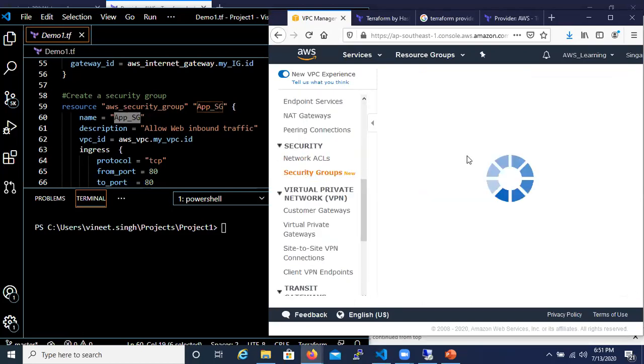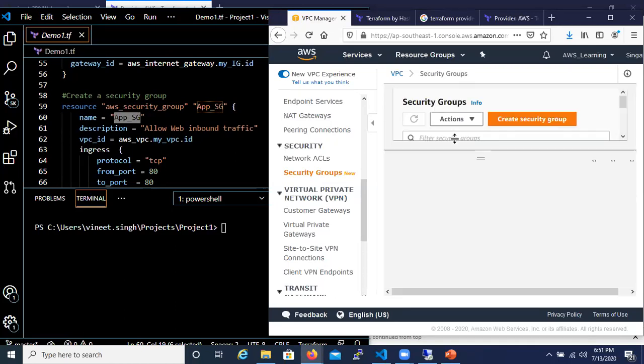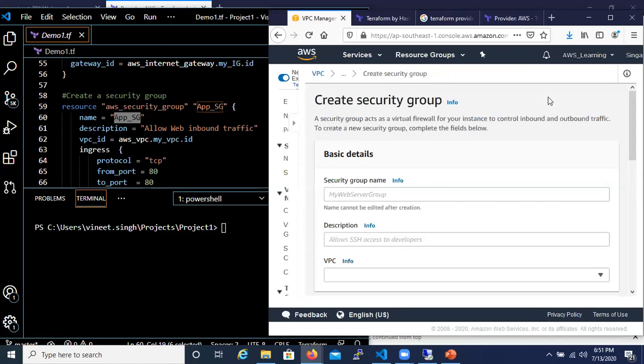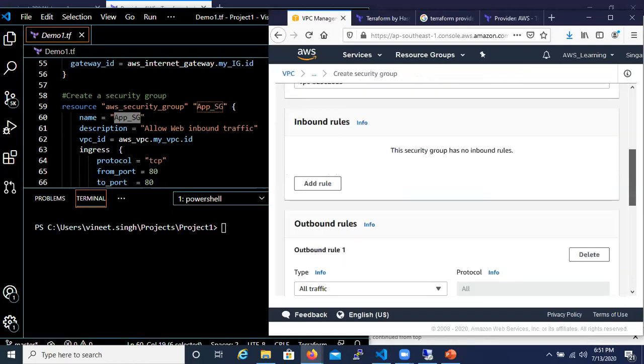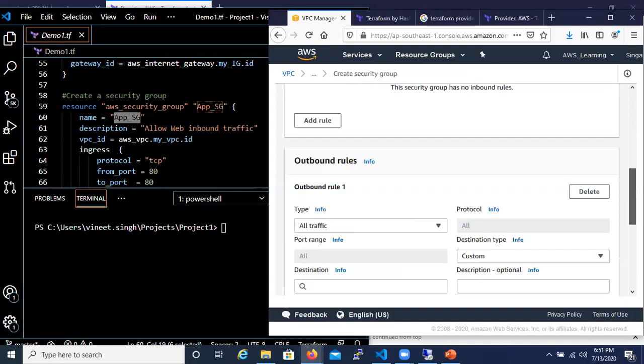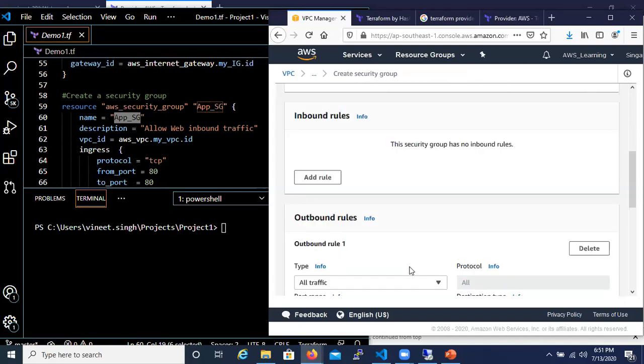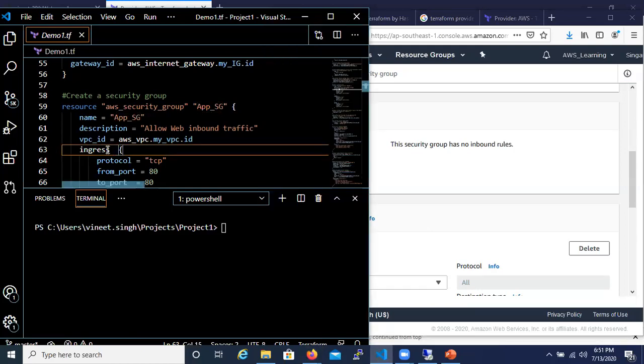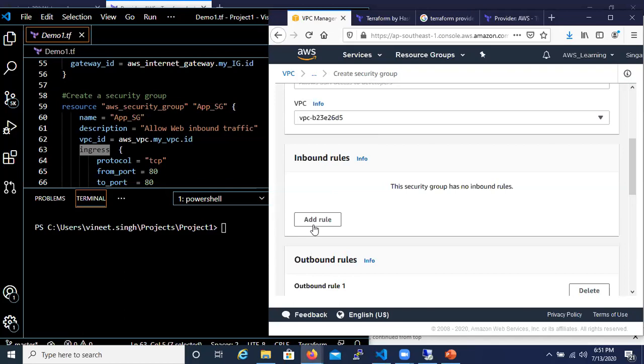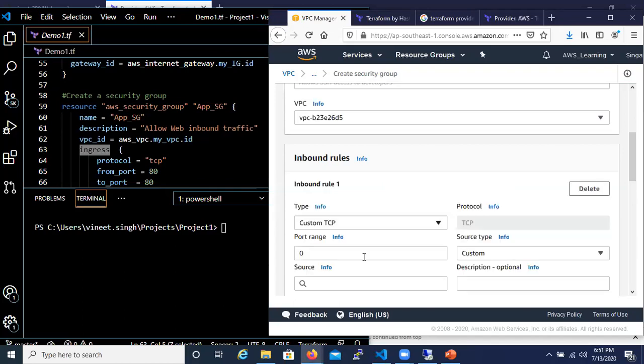Whenever you create a security group, let's say for example, in here, we click on security group, create a security group. We have to choose a VPC, and we also have to define our inbound rules and outbound rules. Inbound is defined by ingress. Ingress is something which is coming from the outside world and going inside the AWS network. With respect to inbound, if I click on add rule, I will get an option to define the port range, choose the specific protocol, and choose the specific source.